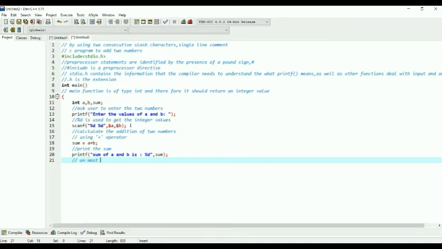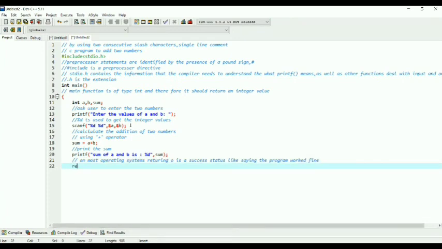Return 0: on most operating systems, returning 0 is a success status, like saying the program worked fine.